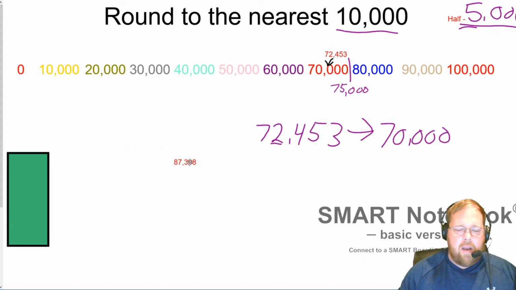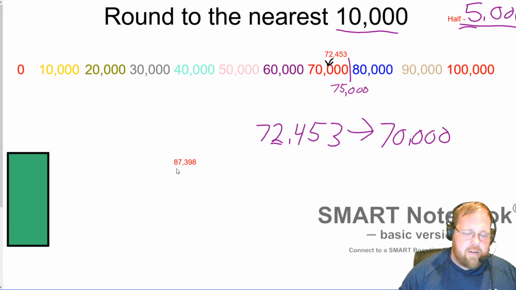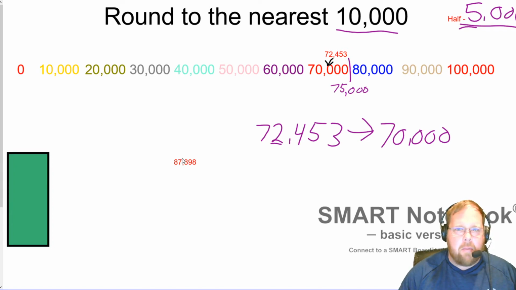87,398. Try it on your own. We're rounding to the nearest 10,000. So all of these numbers so far end in the 10,000s. If you pause the video, then you're trying it on your own. If not, then you're trying it with me, and when I say with me, I mean letting me do it. That's okay. All right, so we have